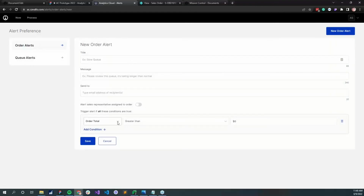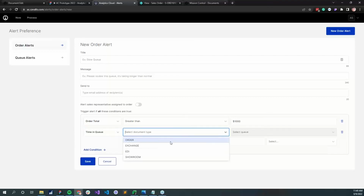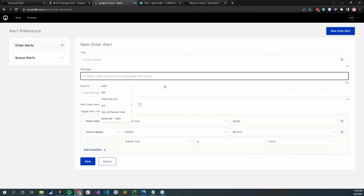And in certain situations, I can say, hey, if the order total is greater than, call it $1,000, and the time in queue for my review queue is greater than 4 hours, let's go ahead and send an email to somebody. And what this does then is allow organizations and users to proactively understand what's going wrong with their process, but also improve their process. So we recommend, frankly, that if you're running Analytics Cloud for a little while and you